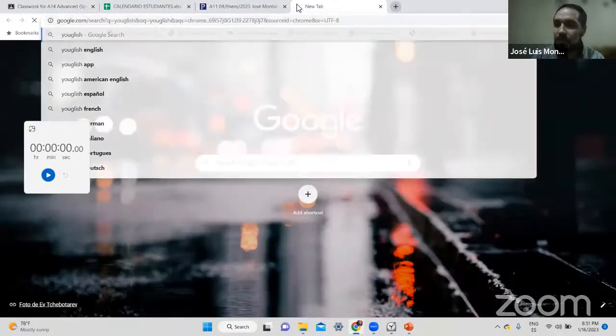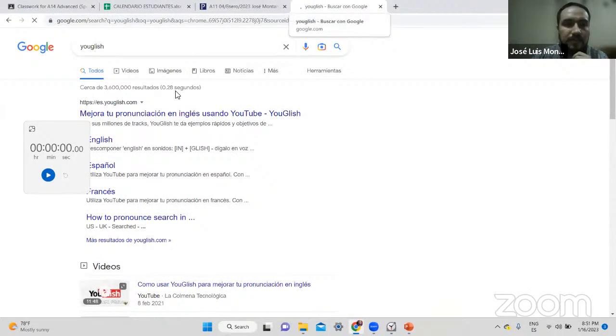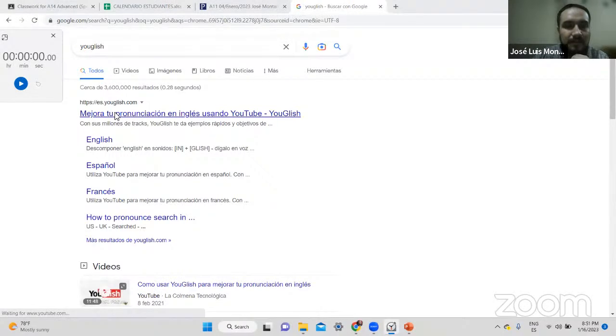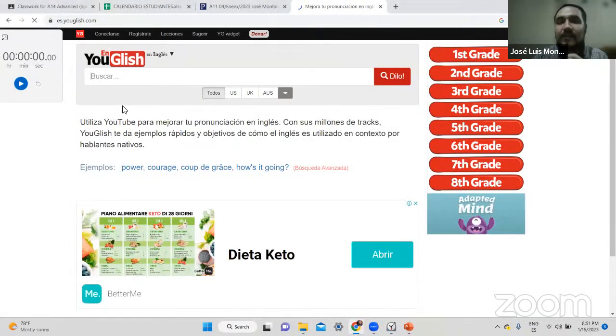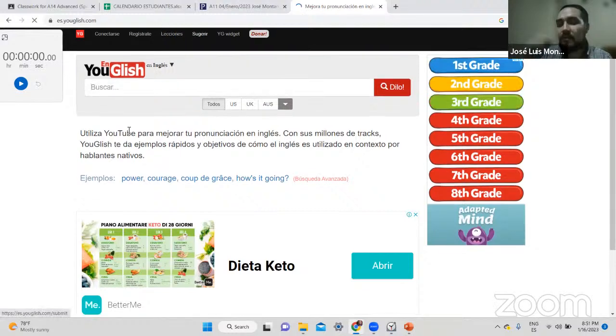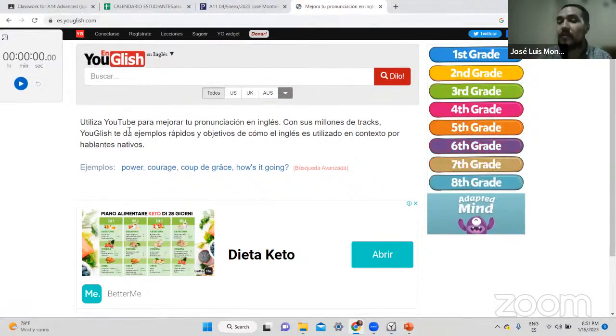We're going to go to you. I think I showed you this before, Michaela, to you, to Karen, when you were with me in previous courses. It's a very interesting web page that you can use to look for words or even expressions, phrases, and to listen to that in context so that the meaning is clear and so that you can practice the pronunciation, all right?